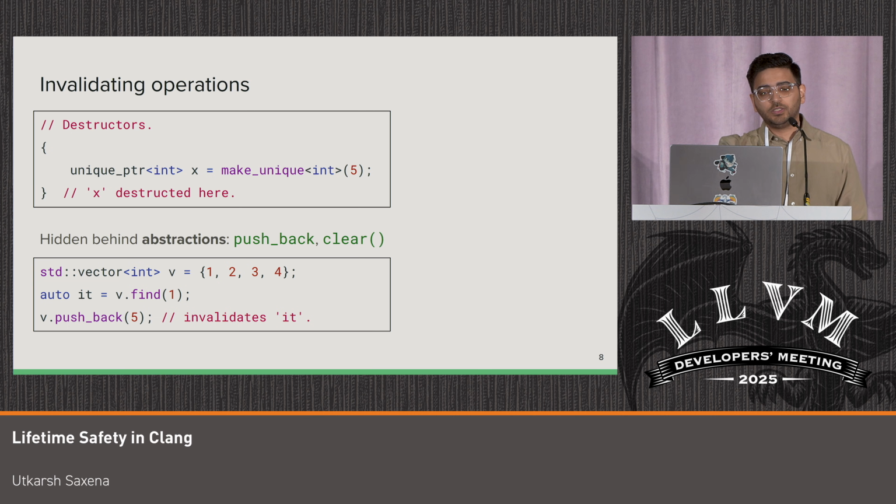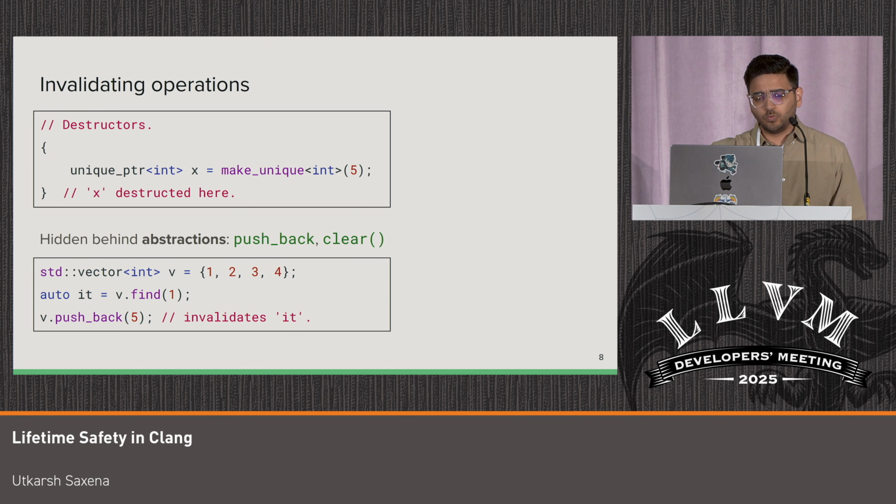But these operations can also be hidden behind abstractions. These invalidating operations can be caused by function calls. For example, when you push back into a vector, any iterator that you had held before that call will now be invalidated. It happens because the push back can